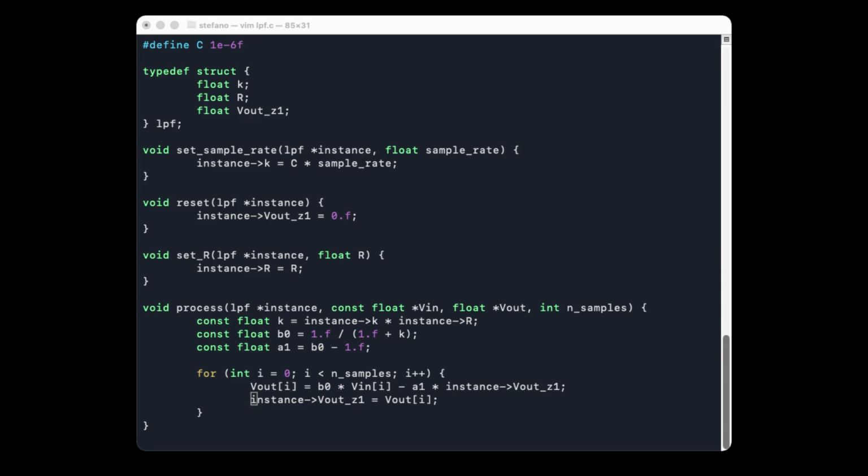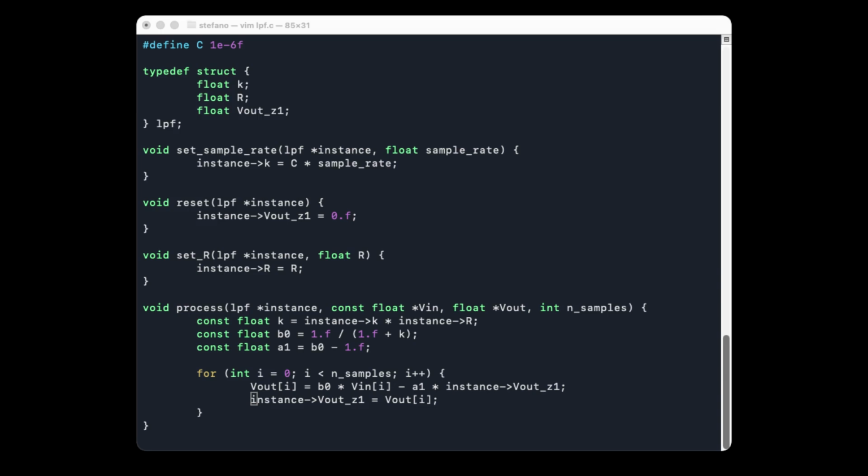Then again, this is really simplified code. Actual code is a little bit more complicated than this, but essentially you have a bunch of functions that work with this structure. We have a first function that sets the sample rate, and essentially what it does is calculate this k value, this coefficient, by multiplying our predetermined fixed capacitance value by the sample rate. As I said, this is just an intermediate result that we will reuse to avoid computing things many times when it's not needed. Then we have another function called reset, which resets our structure to its initial value.